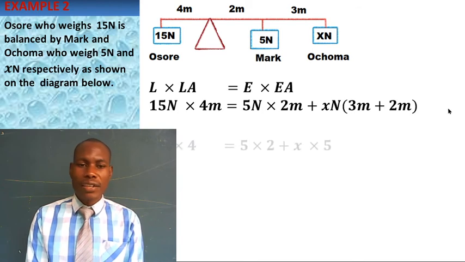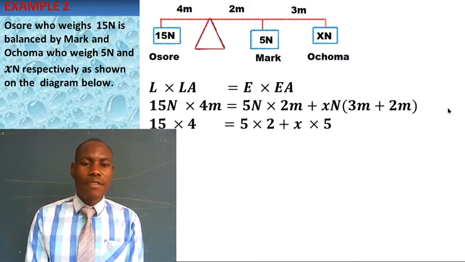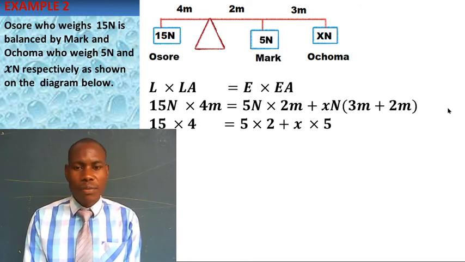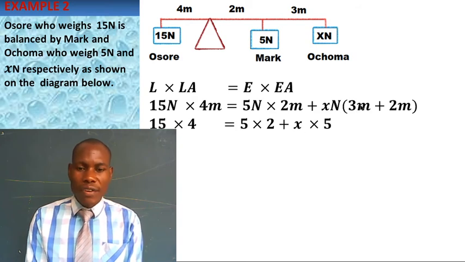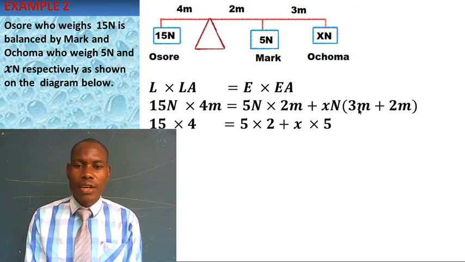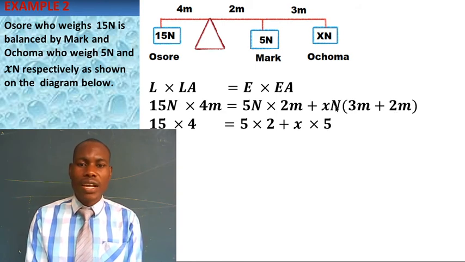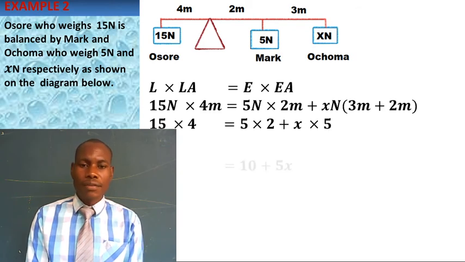Now, after that, we shall now have 15 times 4 to be equal to 5 times 2 plus x times 5. How did we come to this? 5 times 2 plus this. How did we get x times 5? We first dealt with these brackets here. 3 plus 2, what do we get? 5. That's why we said x now times 5, which is this, okay? Then, that will give us